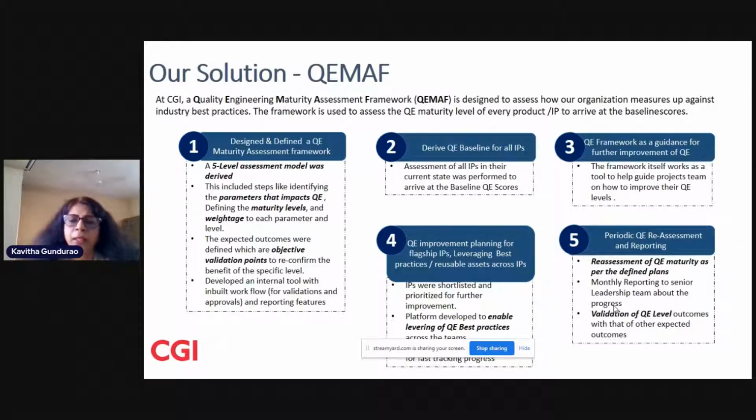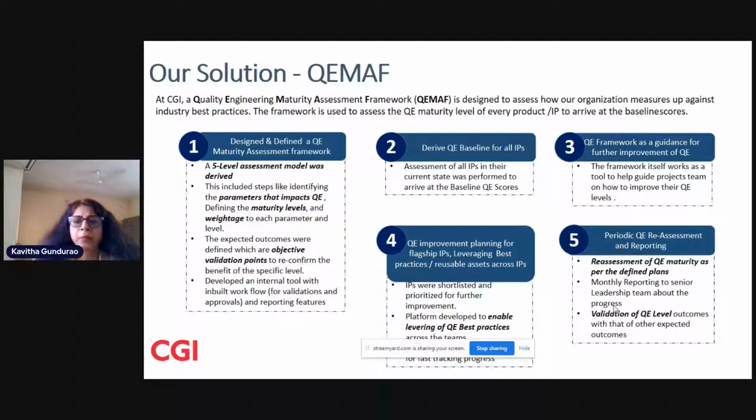That's when we started tracking all the progress, and every 6 months we come up with a reassessment of the quality engineering maturity as per the defined plans, to see whether they have met them or not, reporting it to senior leadership on a monthly basis, and validating the QE level outcomes with respect to the expected outcomes.